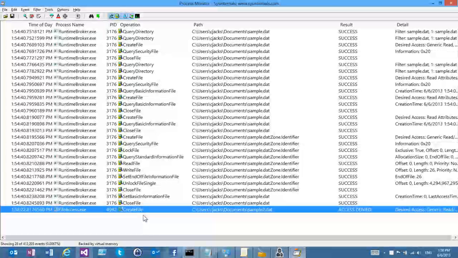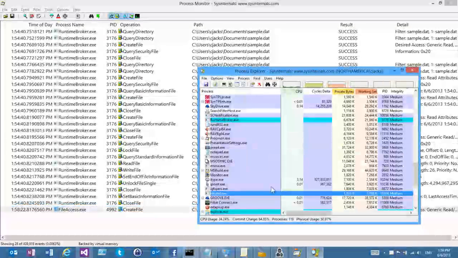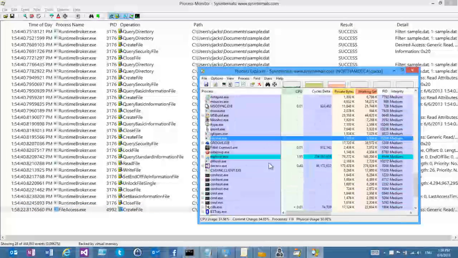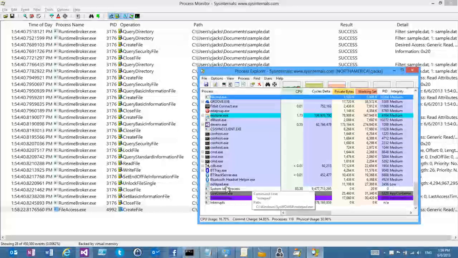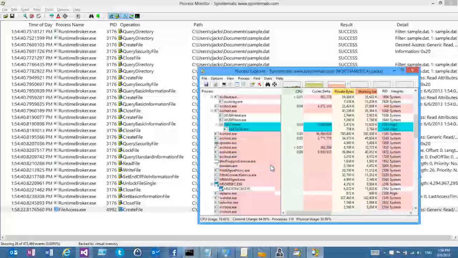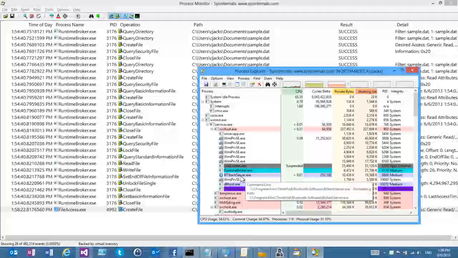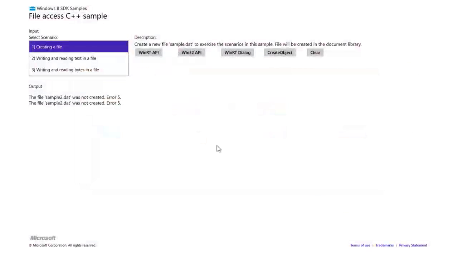So if I then think through the security model, how could I write there? What's the first thing I'm going to bump up against? The first thing I'm going to bump up against is that this file access binary. Let me go and find this guy. Is it still running? Yep, there he is.